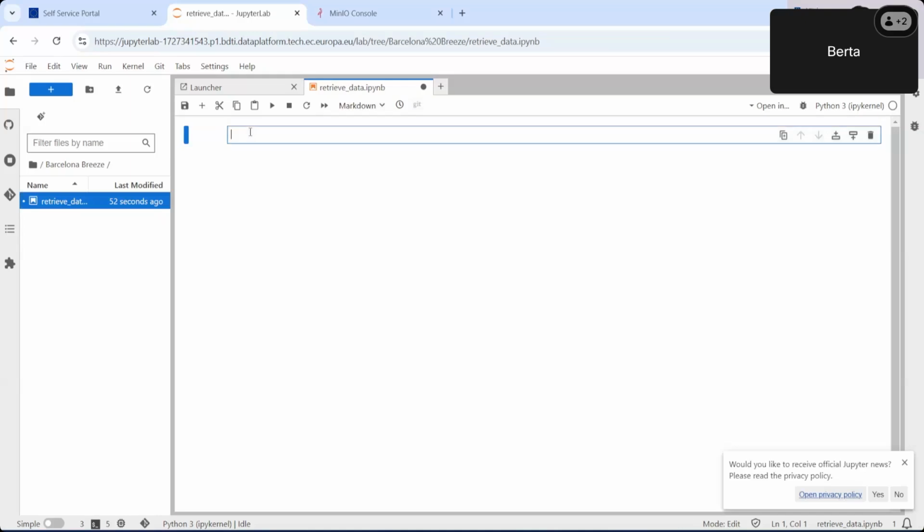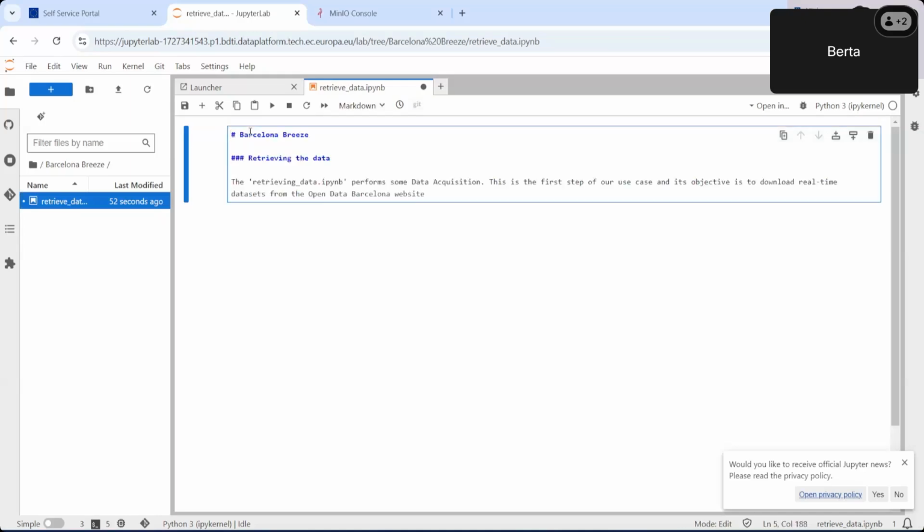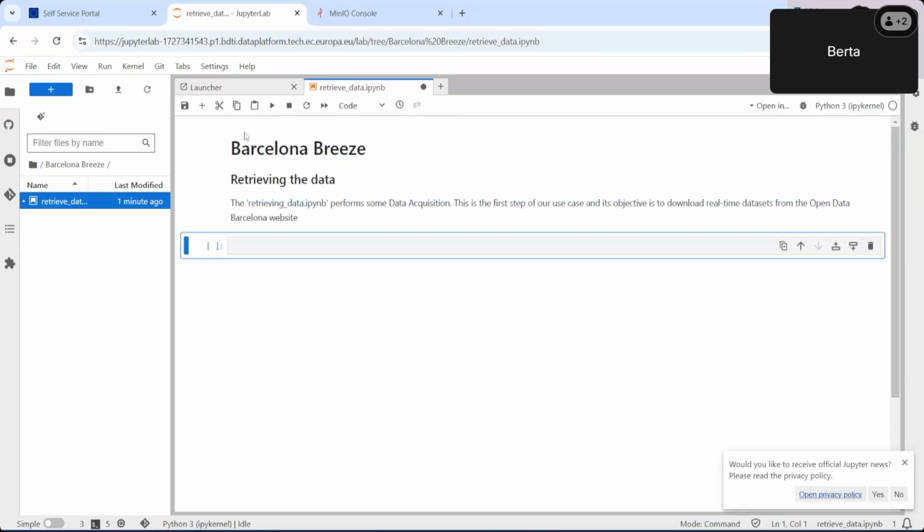We can write some text here with the text formatting already included, and run it by clicking on the play button here. See, now the text is formatted.